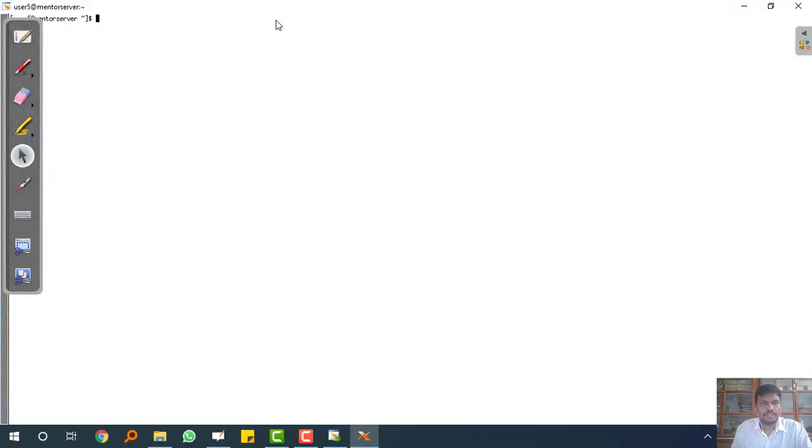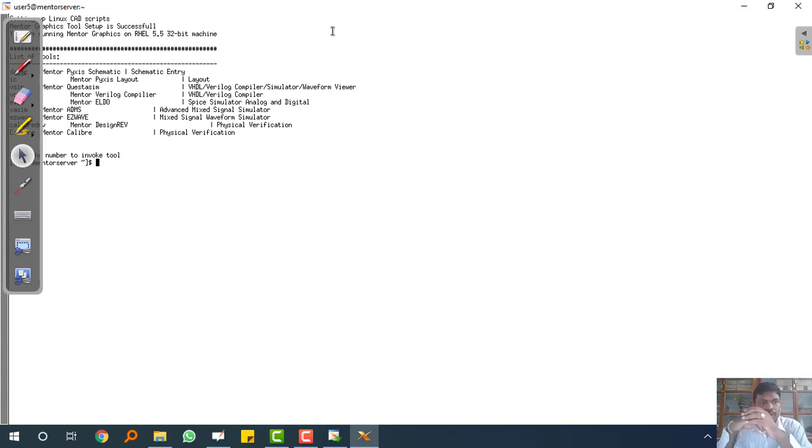We will be getting a window. Here the first command that I will be giving is csh. The next command I will be giving is source /home/software/mentor graphics, with M capital and no spacing, G capital, cshrc/cshrc_130.cshrc. So this is the command prompt that will be given. Then it will be invoking the tool.